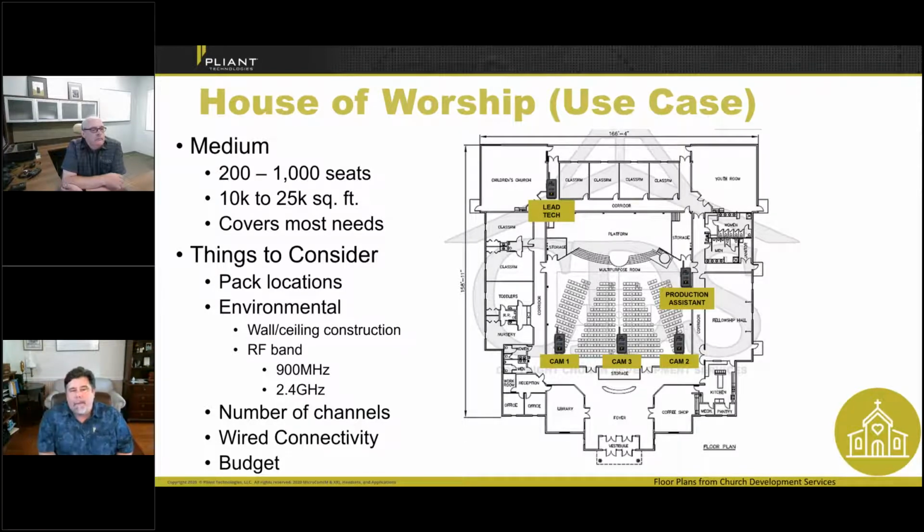So now we're going to talk about a medium facility, and we've got a lead tech in the back, behind the platform of the sanctuary. And then you've got 3 camera operators at the very back of the sanctuary and a production system over near the door. Again, this is a very feasible operation for MicroCom XR. We're well within the range of what that system's capable of doing. And again, we have